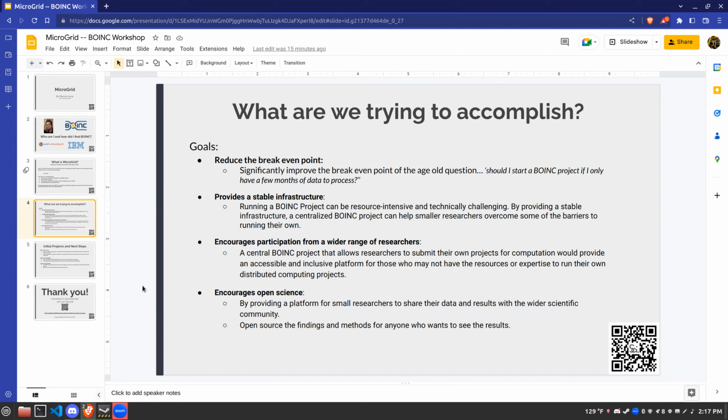And then the last thing, and honestly the thing that's true to my heart and the most important thing to me, is encouraging the open source of the actual data, of the actual science. In my opinion, anything that's communally driven, communally funded, should be completely open sourced. So anything that's processed, anything where we would say, hey, come to our platform, we can help you process this. We can help reduce the cost of getting your answers for that PhD research, or for helping find that drug, or the math problem, the conjecture. Any results should be open sourced, right?